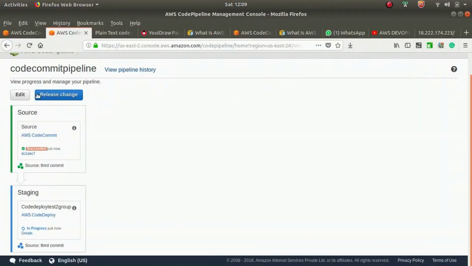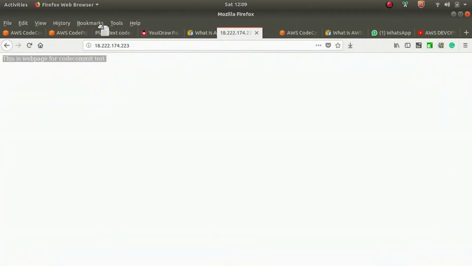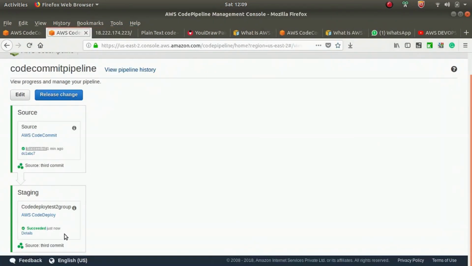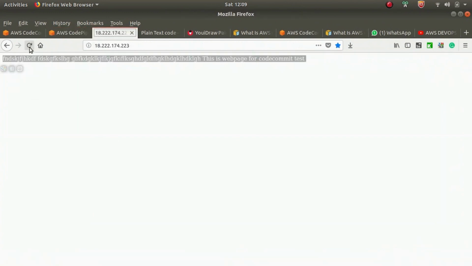The deployment staging process is not completed. Let's check this one. Yes, the new code is now updated. Yeah, all succeeded. Now check the new code. Yeah, it will show the new code.